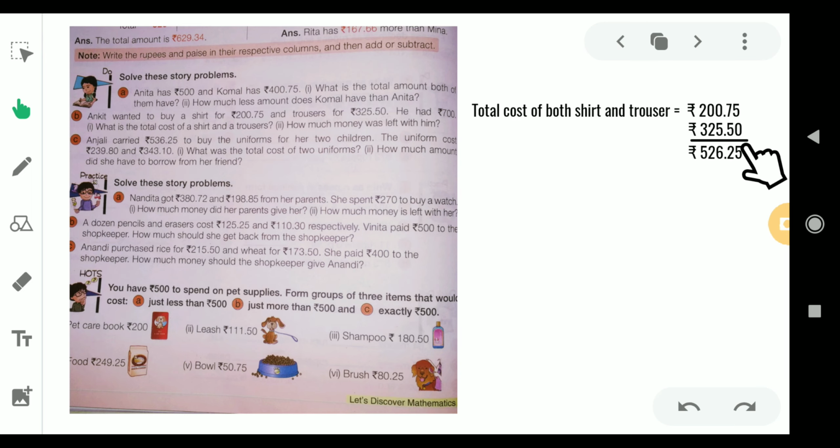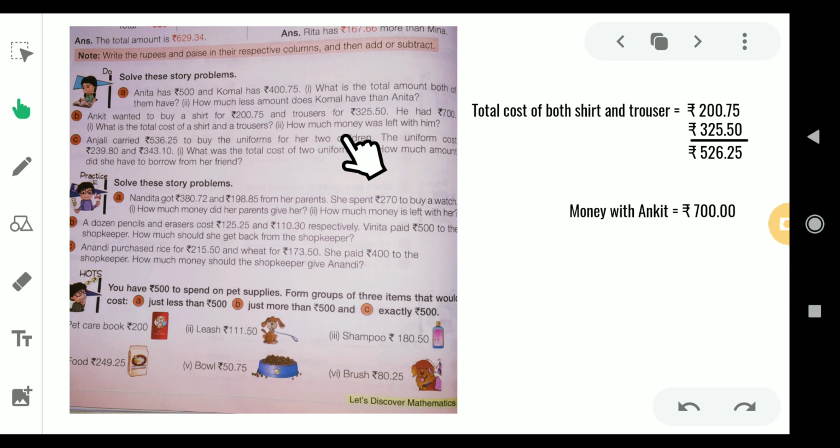See here, 5 plus 0 will be 5, 7 plus 5 will be 12, and we write 2 here, and we write this 1 as the carry over here. 1 plus 5 will be 6, and the remaining thing will be added as per the rule. So it is 526.25. So this is the total cost of shirt and trouser. But they are asking that